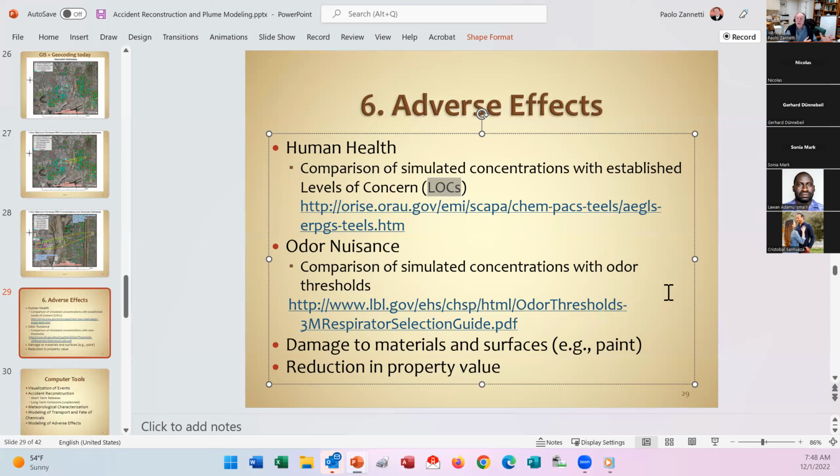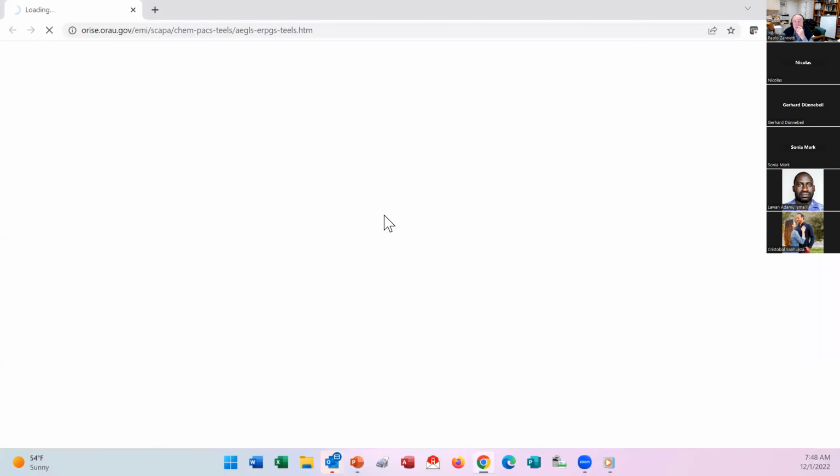Again, there was an accident, an emission of chemicals, you have done the simulation with your air pollution model, you know the concentration all over your domain. Now is the time to say how bad these concentrations are. And so are they above the existing level of concern or not? So you have to choose a level of concern, and there are many in the literature. The one that seems to be the most accepted